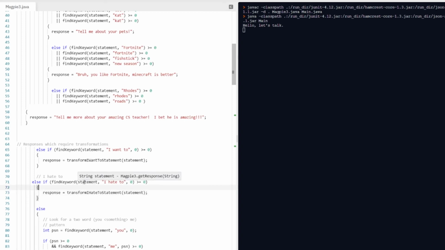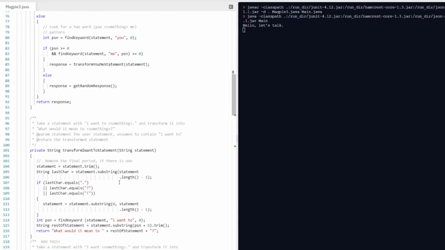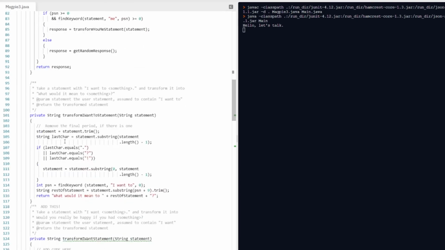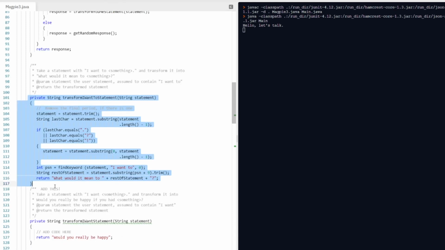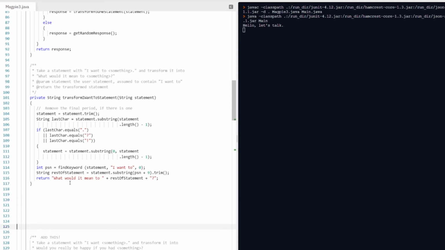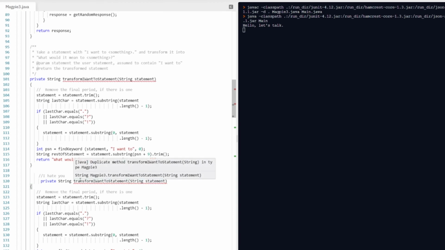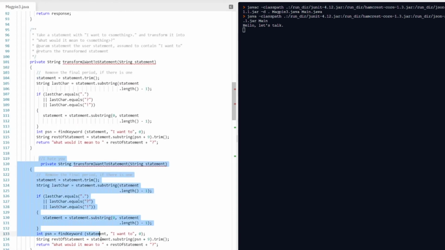So now we're going to find the key statement I hate to. And we have to do the same thing. We have to create a new string down here. And if you look, this is our string we had before. So let's just copy the string over. We can use that. And let's just give a couple of little returns there. And this is going to be my I hate you, just so we know where we're working with here. And if you look, here's your I hate you part right here.